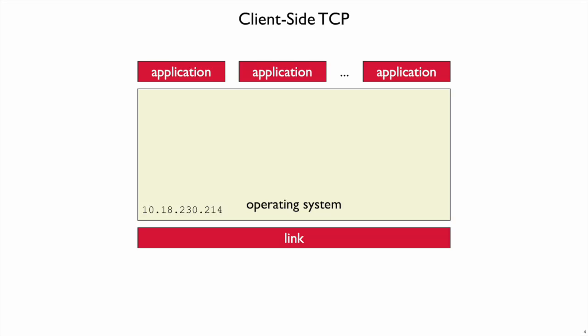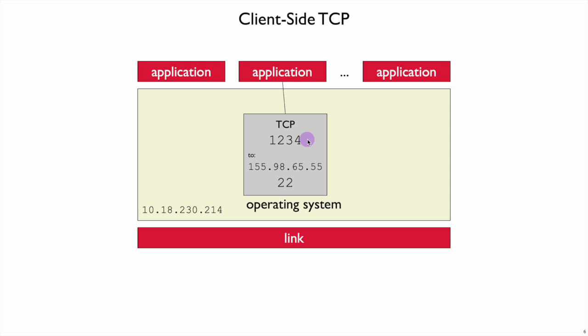Let's take a look at how these connections and sockets are managed in the operating system. So here I've got a machine that has address 10.18.230.214, and this machine is going to act as my client. So it's connecting to some server, some other machine at port 22 using TCP, which creates a TCP socket, much like our previous pictures. We have a destination address, a destination port, and an ephemeral local port that represents that